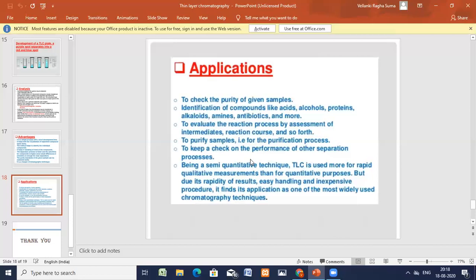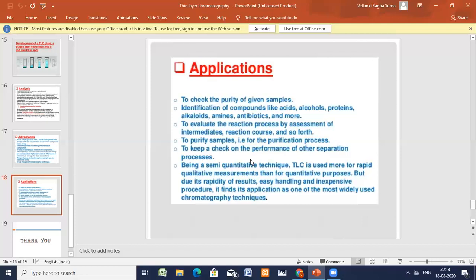And one more example application I'm giving you, separation of lipids. Silica gel G plates are used in the process. The plate is activated at 110 degrees for 1 hour. Some amount of the sample is placed on the plate at the end. Then a 1% solution of the lipid is used.